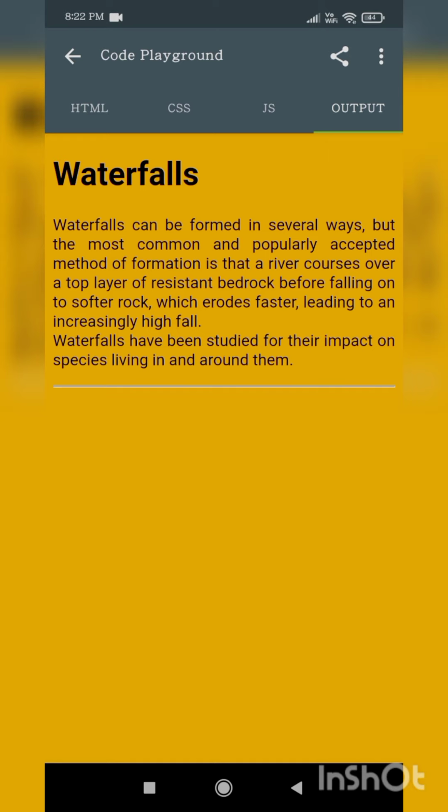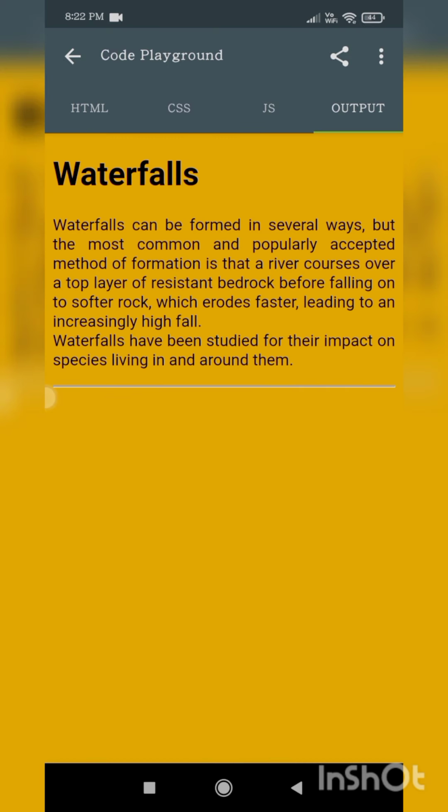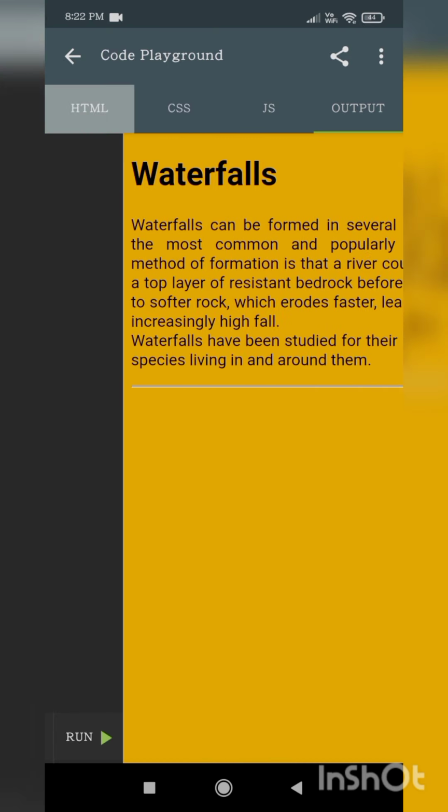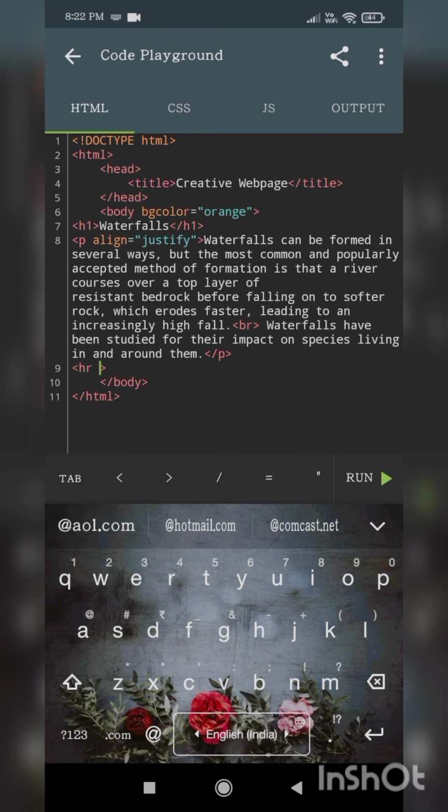Yes, my dear friends. So here you can increase the size of this HR. It is a very minute size. If you use one attribute in HR, the size attribute, I want to keep 4 px. Px means pixels. Normally in mathematics you write 1 centimeter, 2 centimeters, 1 kilometer, 1 meter; like that you write the units.